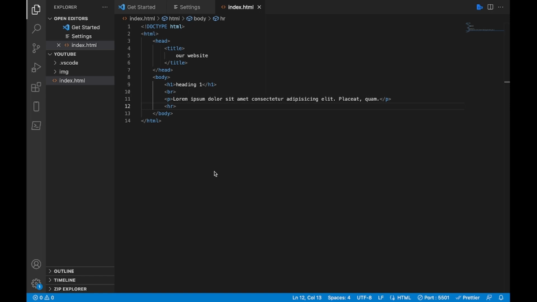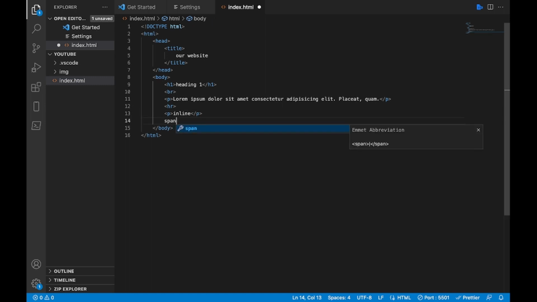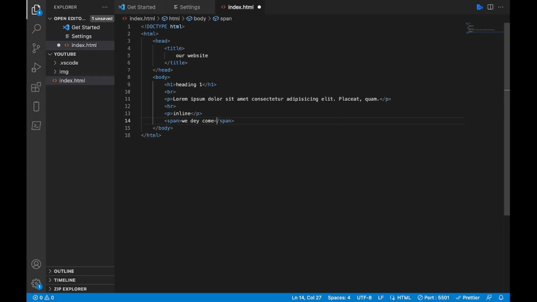So inline elements arrange horizontally, while block elements arrange vertically. So inline they go straight, block they come like this. Now we'll see an example of inline and block elements. We'll go with one inline element, an example now, span. So if you use span, we say, will they come tomorrow, and we duplicate, will they come